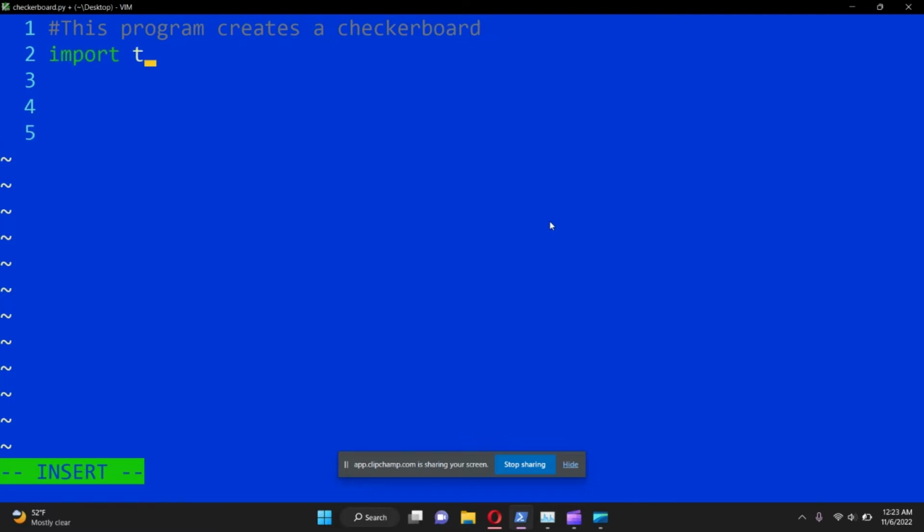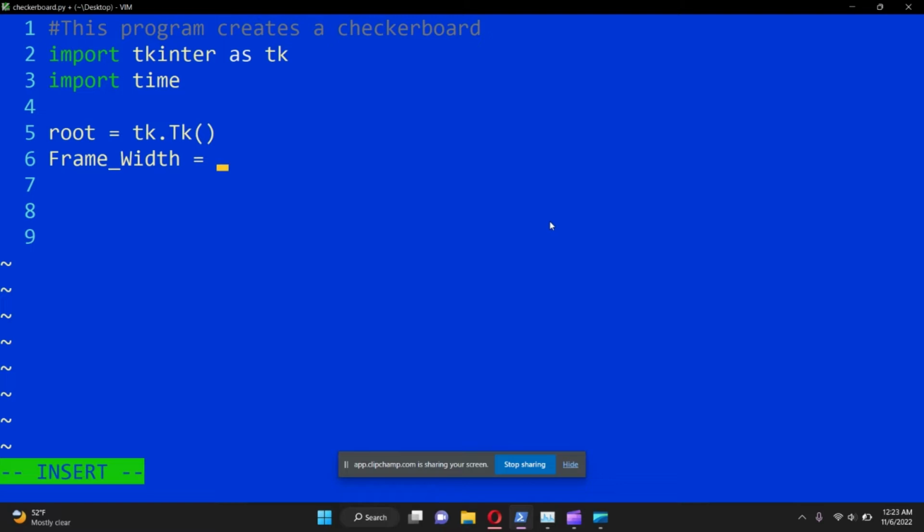Of course, we're going to use tkinter, so we're going to import tkinter tk, import time, and some initialization so that tkinter has a window to draw to. This time, of course, we'll define a frame width and a frame height. And what this will do is have a set number of pixels for a window to open. So to do that, we have to do it both to the root and the canvas. So root has a geometry function,